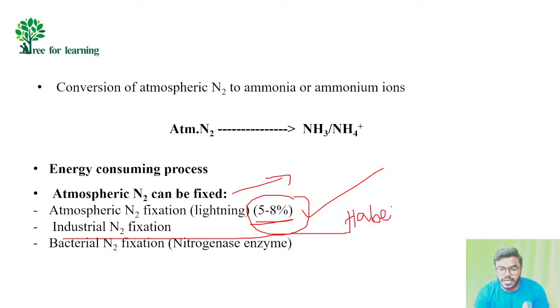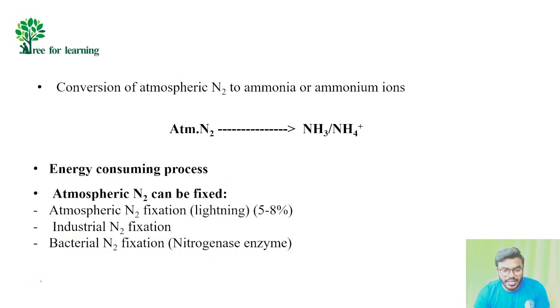What is that process? By the Haber's process, industrial nitrogen will be fixed. But friends, remember my words, we don't want to study the atmospheric nitrogen fixation. We don't want to study the industrial nitrogen fixation. What we have to study is, friends,